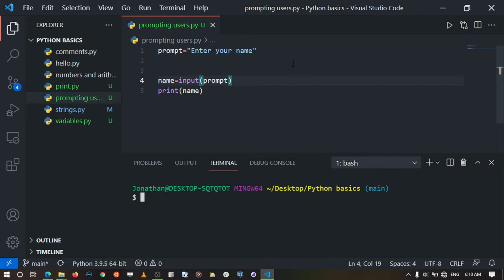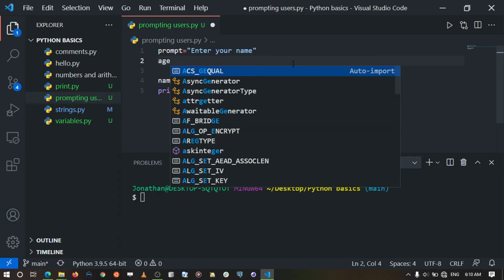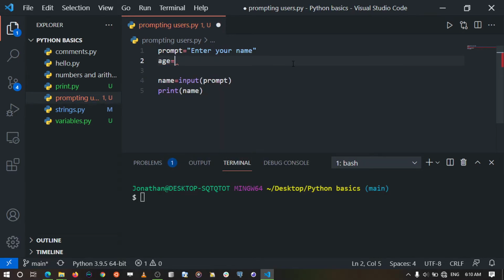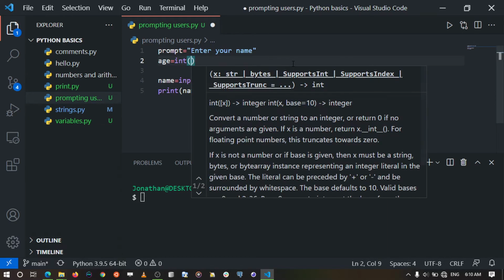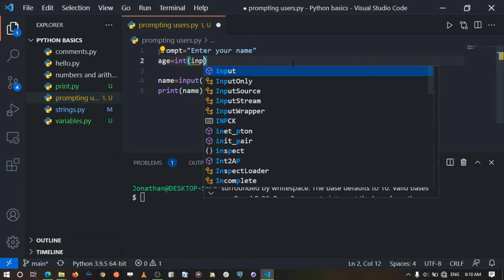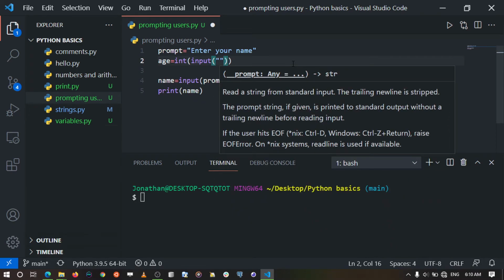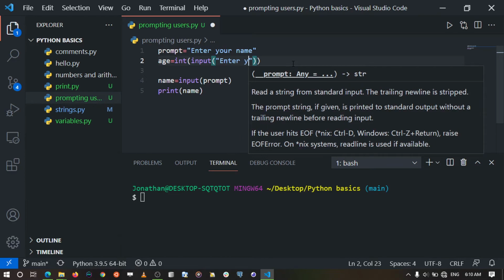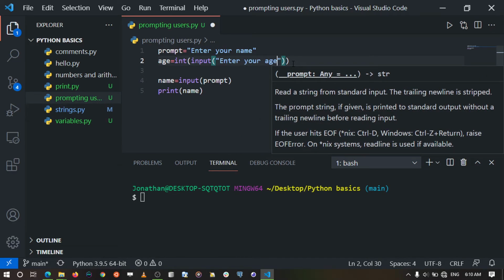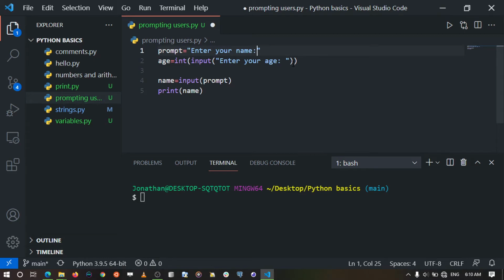Let's try that. So I'm going to come here and create a variable called age. So I'm going to say age is going to be, so we specify the data type. In this case, we want to collect data of an integer. Then we put the input statement. Then put the prompt message. In this case, you can say enter your age. I'm going to leave a space, and I'm also going to leave a space here so as to make our prompts clearer. So I'm going to write an f string,